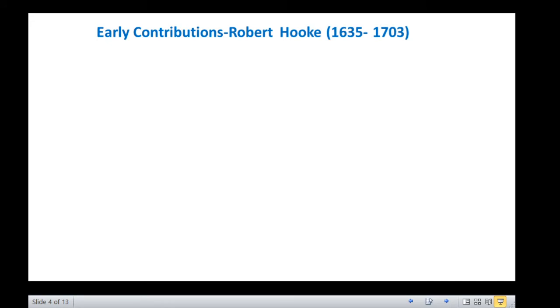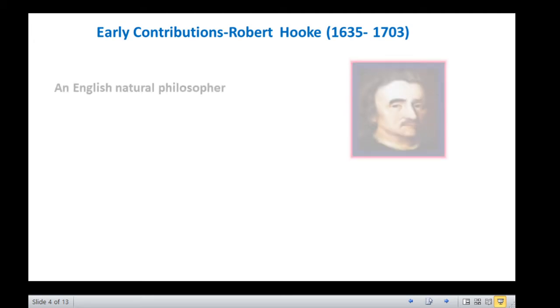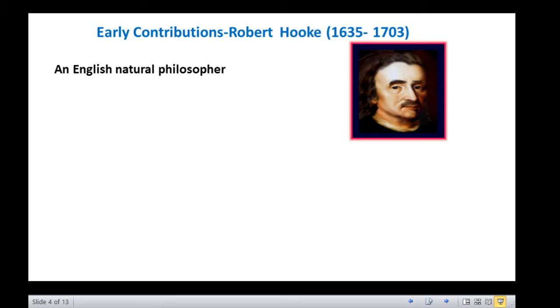We will now discuss the early contributions made in the field of microbiology by some scientists. Robert Hooke was an English natural philosopher and was one of the most inventive and ingenious minds in the history of science. In 1660, he, along with Robert Boyle and a few other members, formed a scientific society which, in 1662, received a charter from King Charles II and became the Royal Society of London for the communication and publication